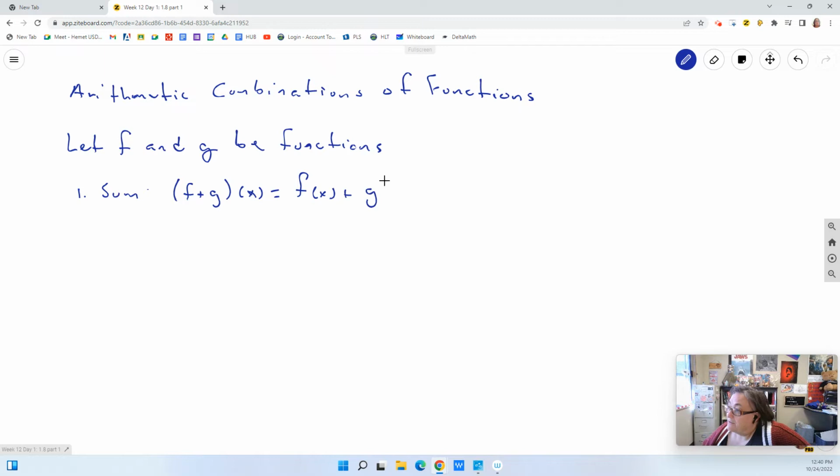And g of x, right? What that means ultimately is that I could take whatever these things are equal to and just add them together. I'm going to get all of these written down and then we'll look at it in terms of problems. In the same respect, if we had a difference, if we had f minus g of x, we could break that down as f of x minus g of